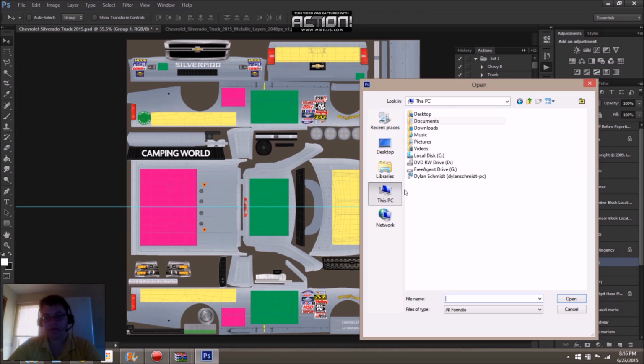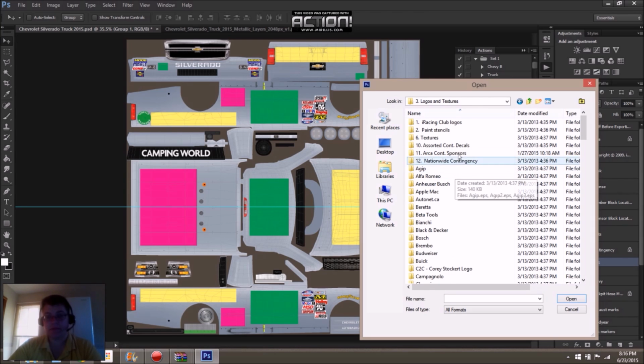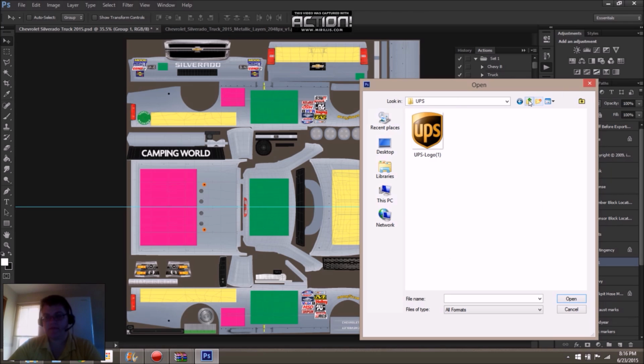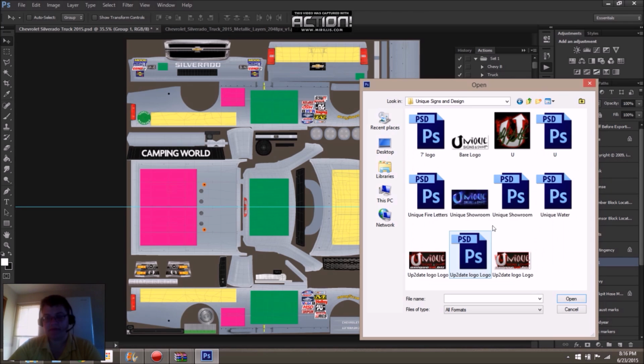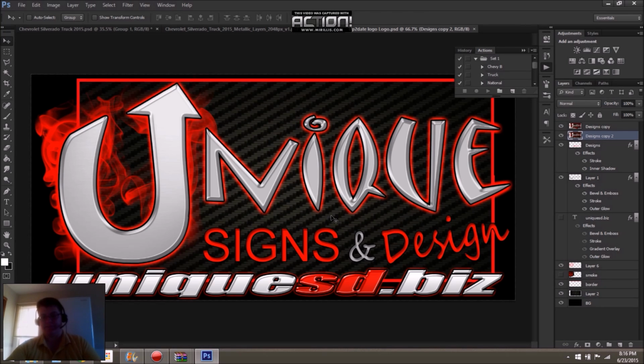Oh, let's see. So I've got all my things organized somewhat. Got a lot of logos that I made myself over the years. That is not the one I was looking for. There we go. So I'm opening the Unique Signs and Design logo.